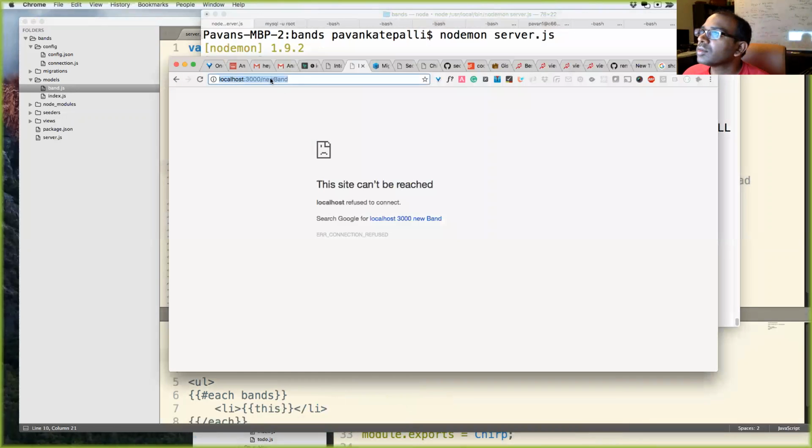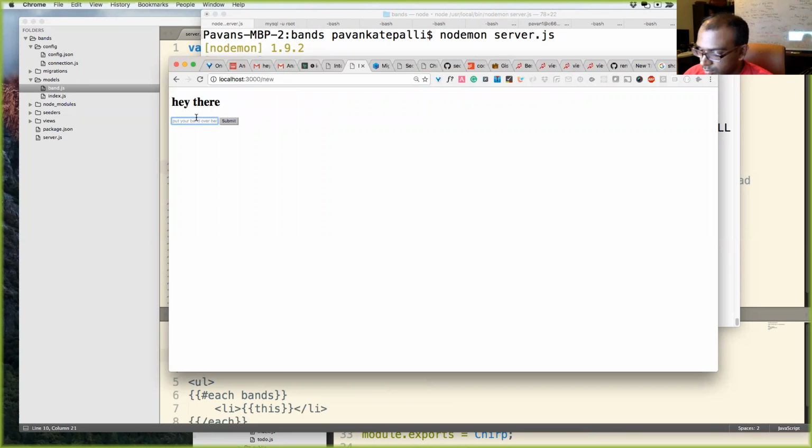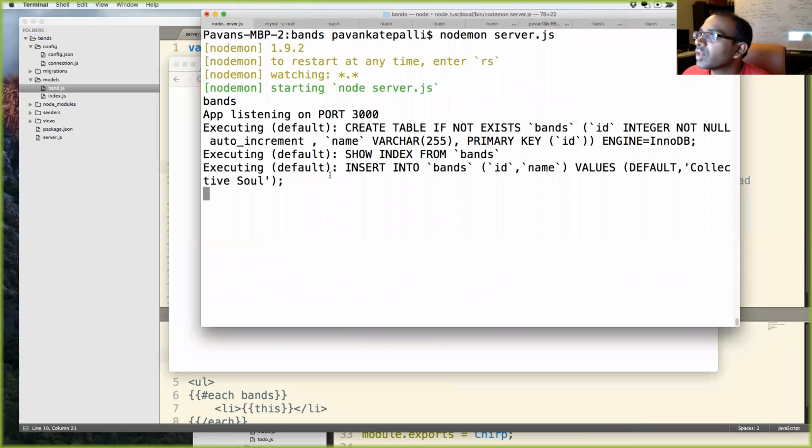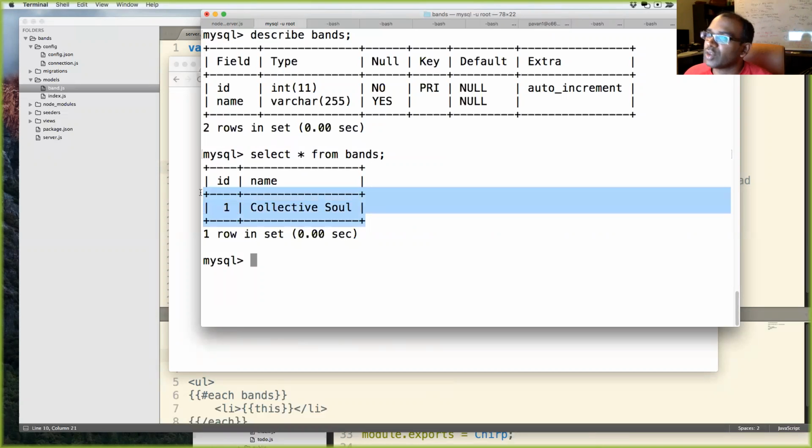Okay. And there we go. And looks like it worked. It ran this insert. Let's go to MySQL. Select star from bands, and we have collective soul.